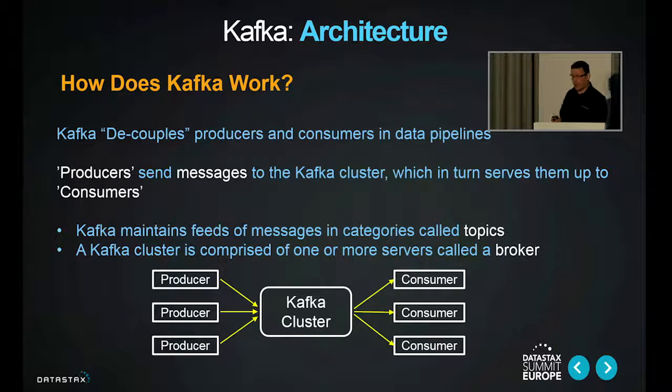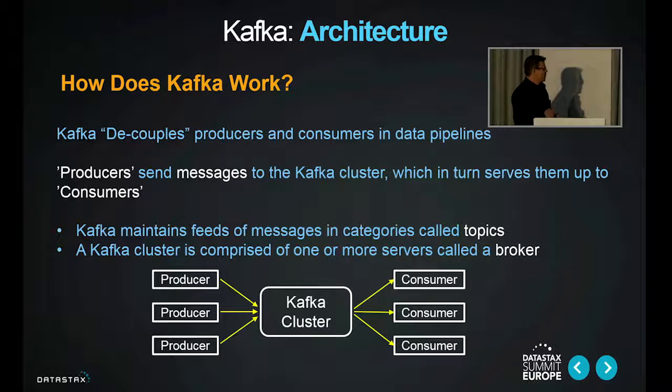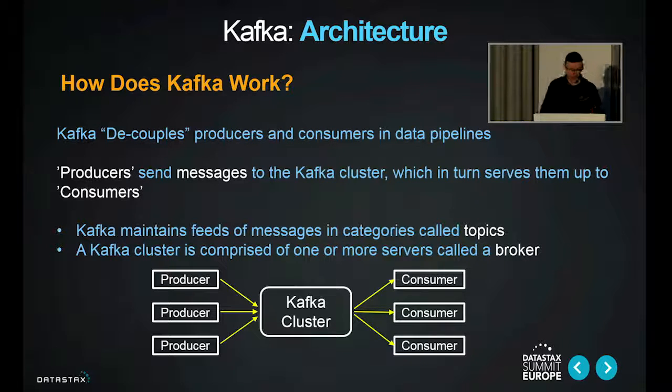Kafka works by decoupling producers and consumers of data in a data pipeline, and my colleague Patrick McFadden recently used a great analogy. He said, imagine customers in a restaurant and imagine cooks. If the customers are just banging on the door of the kitchen saying, here's my order, the cooks don't know what order the orders came in and who to serve first. What you need is a broker between the customers and the cooks. And so we introduce a waiter. The waiter takes the orders from the customers and gives them to the cooks in the order in which they were received, and ensures that they are processed in the order in which they were received.